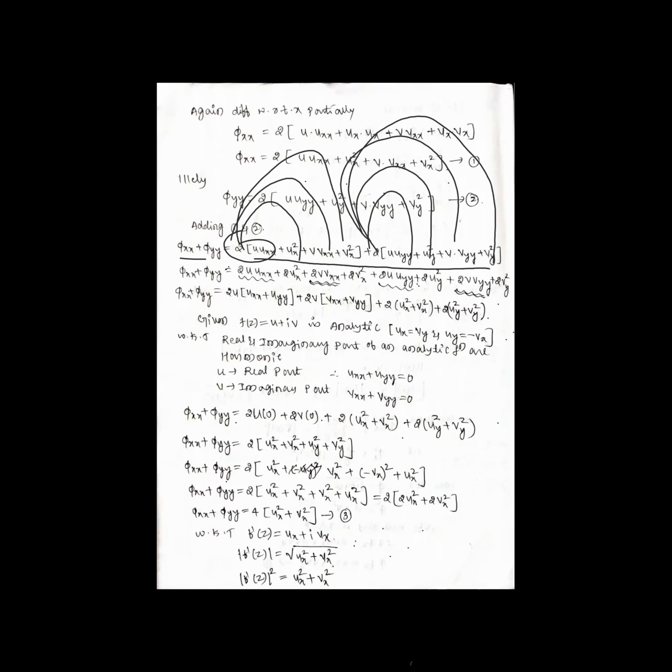Correct? So I'll multiply each of the terms, that is 2u uxx, 2ux square, 2v vxx, 2vx square, 2u uyy, 2uy square, 2v vyy, 2vy square. Everything I have multiplied. So next, what I will do is that uxx, uyy. See, I have made some lines. This single zigzag line you can see here.